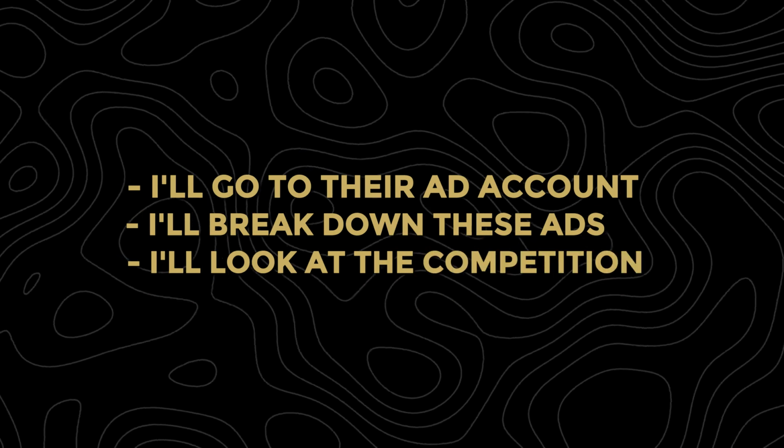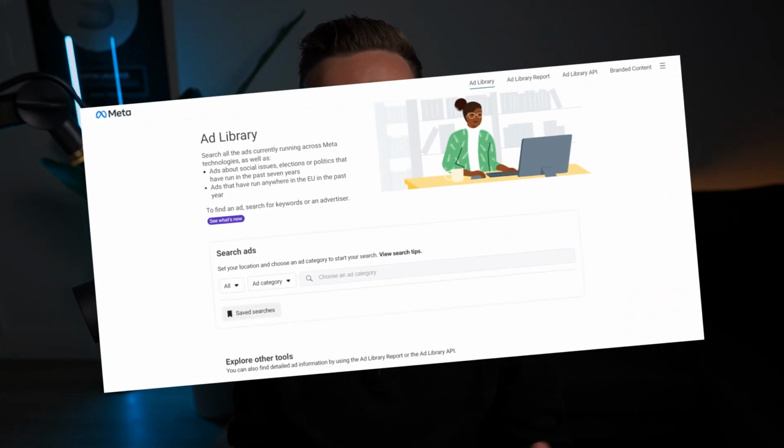So one of the second things I'll do is look at the competition. I'll look into what messaging is found across their ads. I'll usually take a look at their Facebook ad library and from there filter ads or look at the ads that have been live for the longest, because chances are if an ad has been live for a long period of time, it's because it's still performing, it's getting good results, and probably one of the strongest resonating ads with their audience.